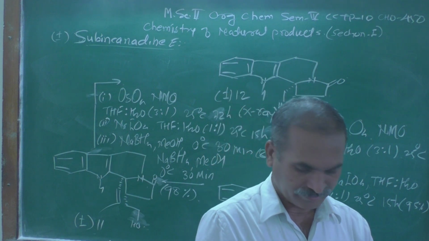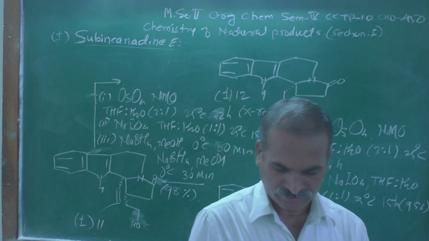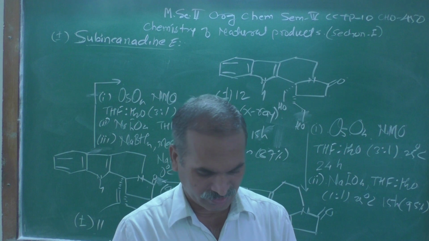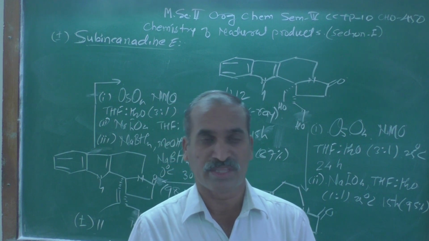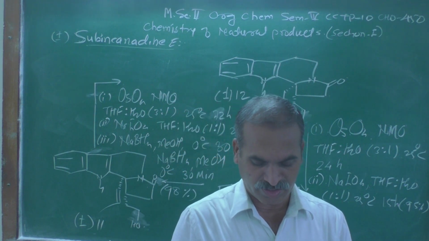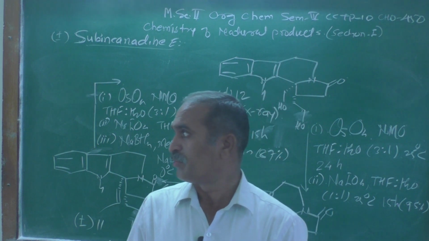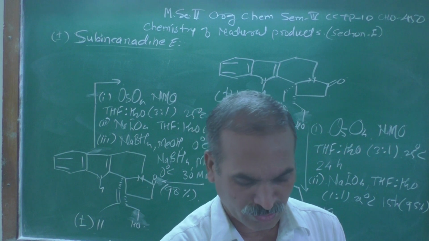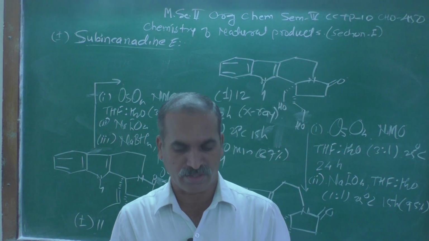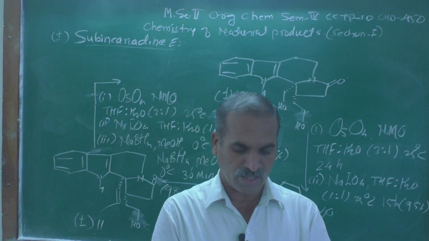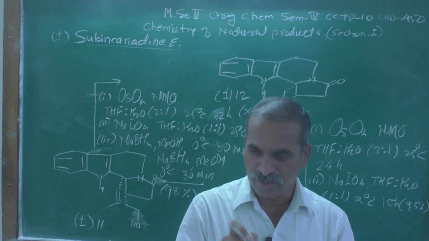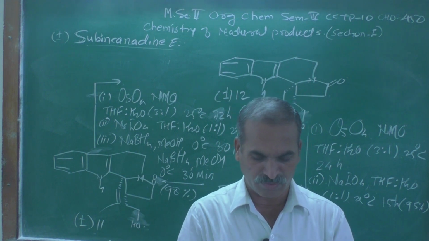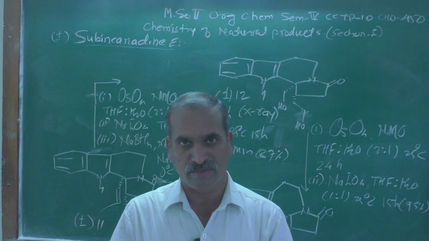I think we have seen enough structures to synthesize. We are going to synthesize the plus sabine canadian B. It is not going to complete in one lecture, and therefore we are going to stop here today, and the rest of the synthesis we will see in our next lecture.